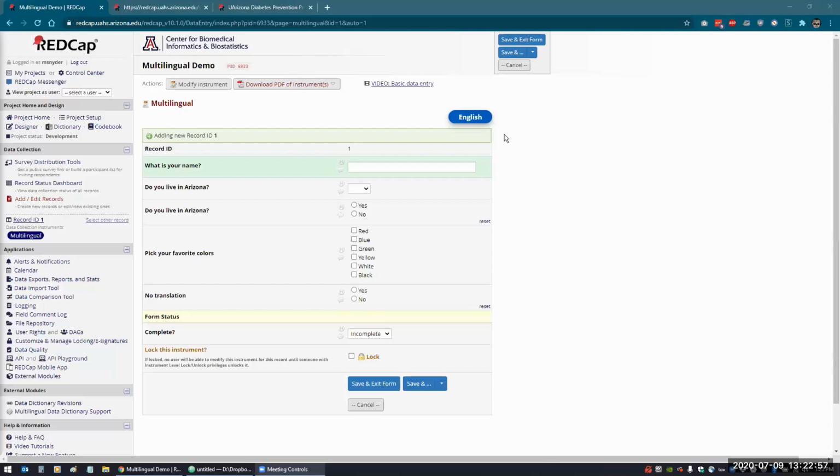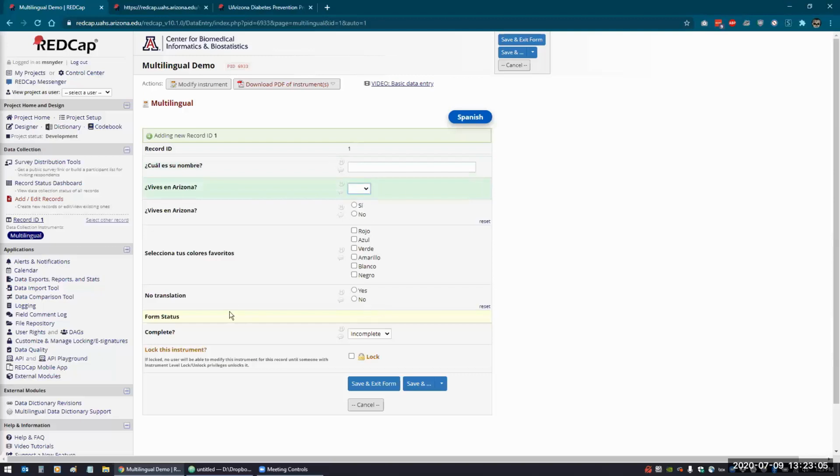So here in this project, this demo, I just have English and Spanish. And so if I click Spanish, all the labels change and the values change. This one doesn't change just because it doesn't have a translation. So these are all set with JavaScript. So if I go into the designer